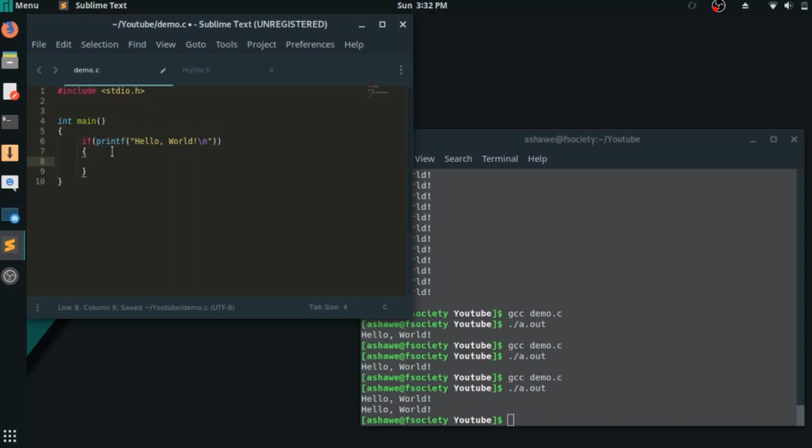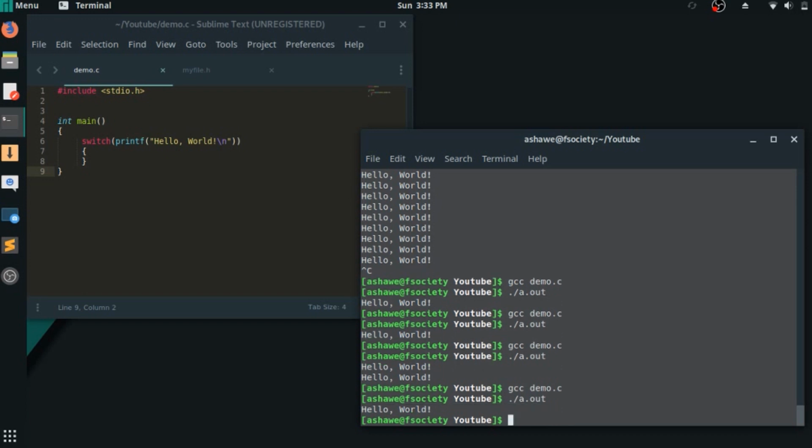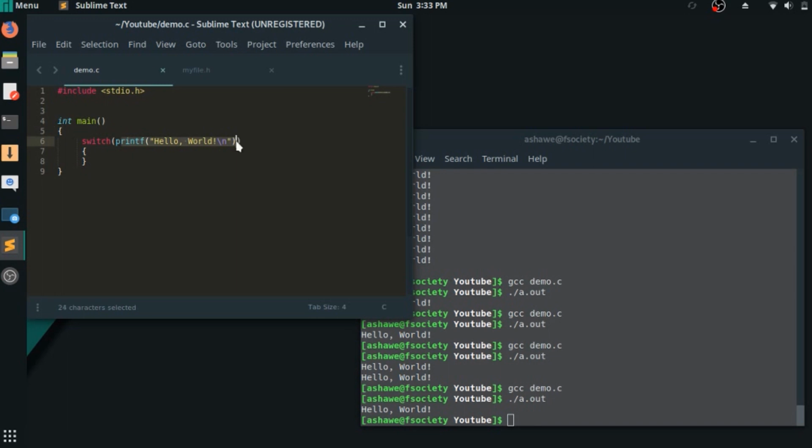There is also one more way with which you can do the same thing, and that is with the help of a switch statement. So let us put printf in the switch and then execute our code. As you can see, the switch statement helps us to complete our objective. The printf returns 14, an integer value. The switch considers 14 as a case and tries to find the case in between these empty braces. As it does not find any case, it will just move out of the switch statement and then out of the main.